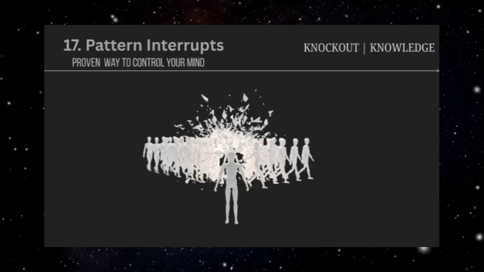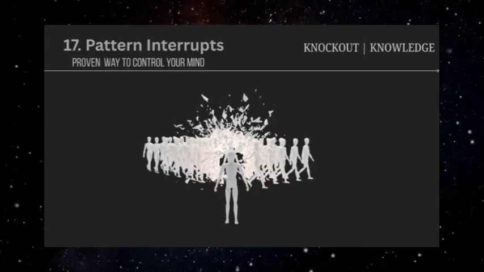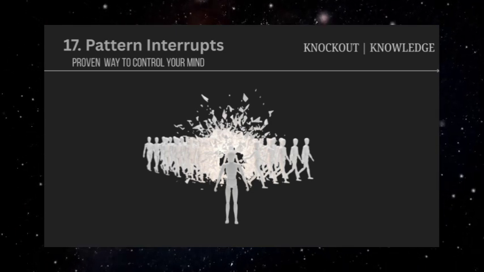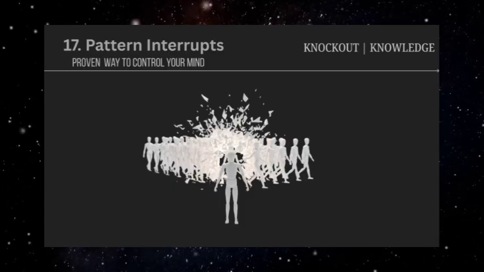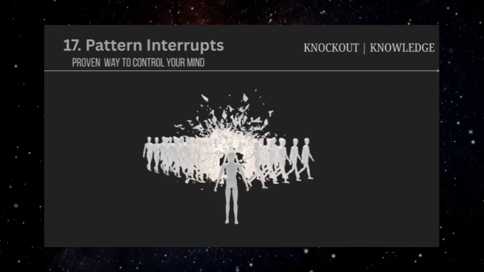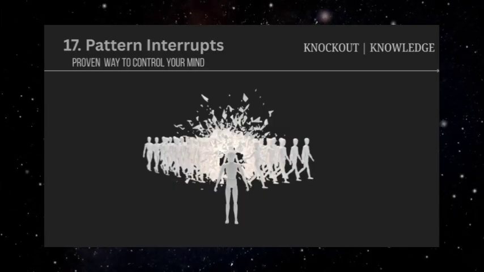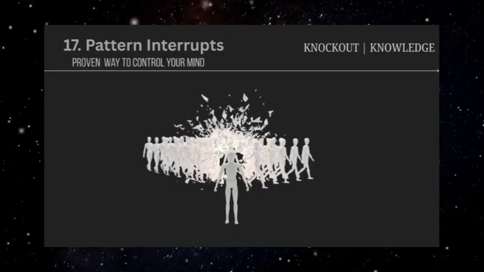The technique works because our brains constantly create expectations based on patterns and context. When we're in a familiar situation following a predictable sequence, our conscious mind relaxes slightly, operating on mental autopilot while focusing attention elsewhere. When that expected pattern is suddenly broken, our brain needs a moment to recalibrate, during which we become more receptive to external suggestions and less likely to analyze them critically.